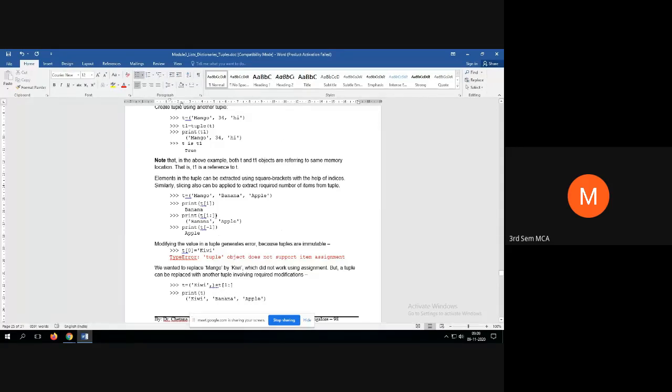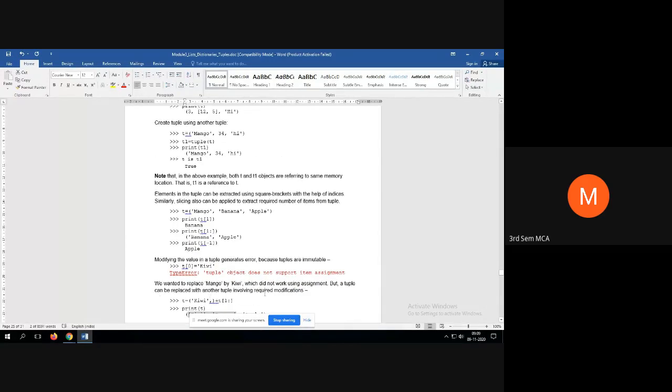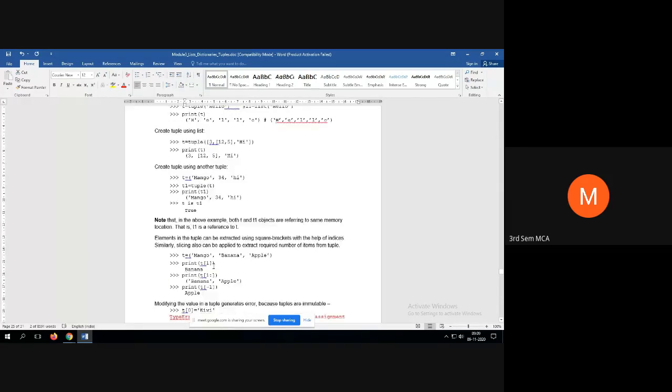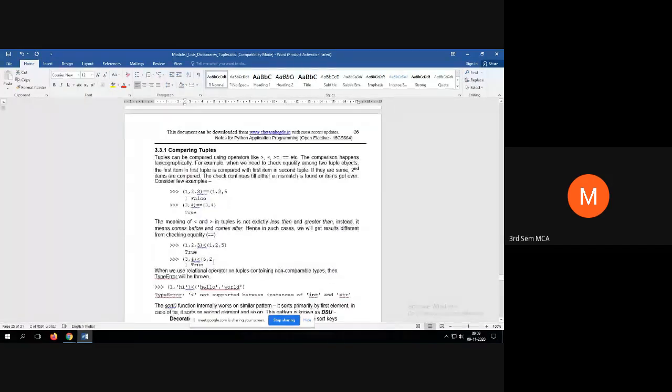Index value. 1 is what? Banana. Then up to end. That means I am modifying. So the first element is kiwi, plus T of 1 colon, adding from the first element till the end. So now we have replaced mango; the tuple holds kiwi, banana and apple. Students, like this we can do modifications.